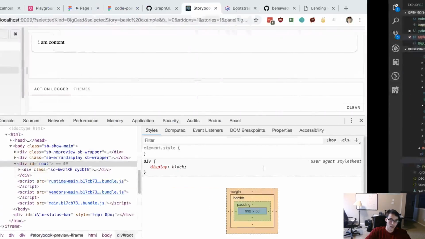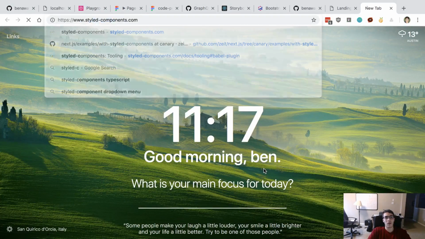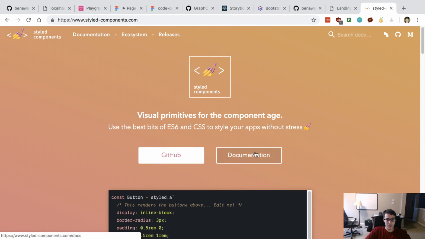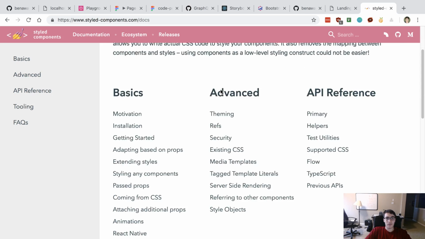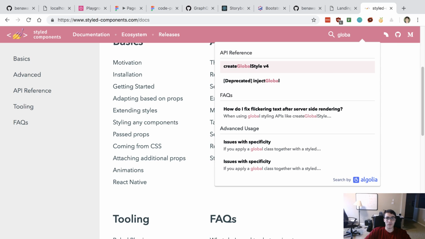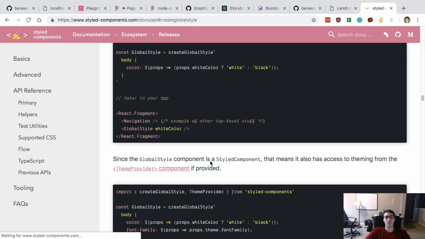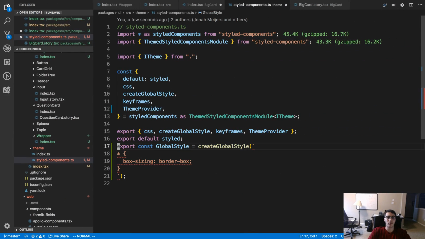Looks like my syntax is a little off. There we are.